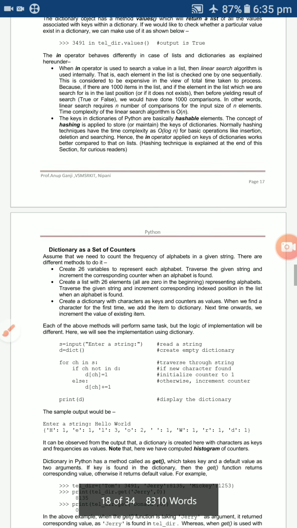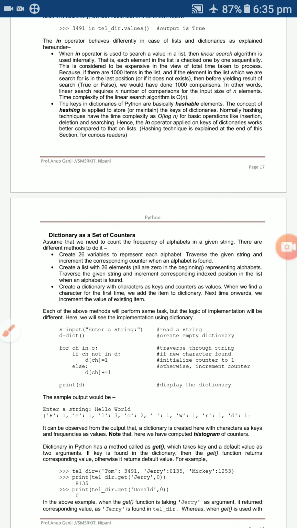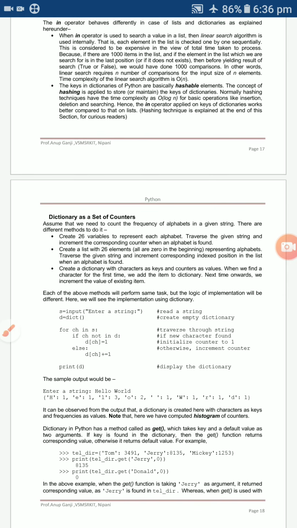The in operator has some differences between lists and dictionaries. In lists, the in operator uses a linear search algorithm. In linear search, it checks one by one sequentially. Suppose you have thousands of items in the list, it checks all the thousands of items with the help of boolean expressions, true as well as false, producing thousands of comparisons.